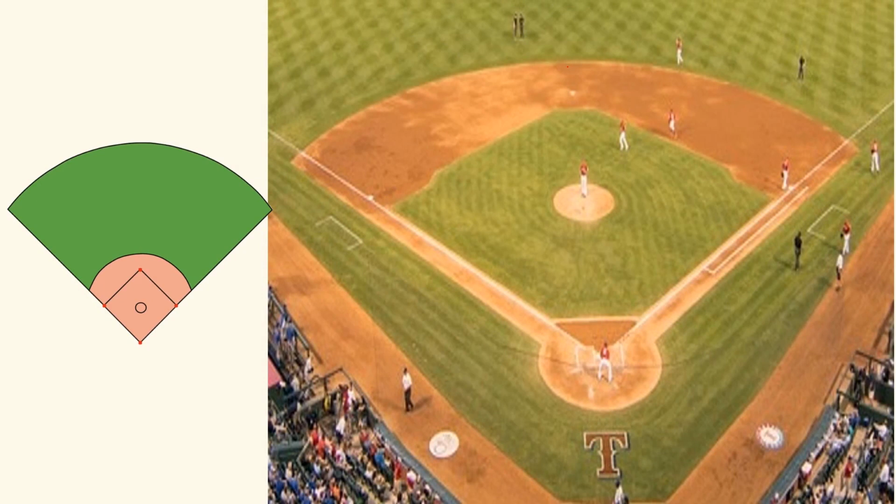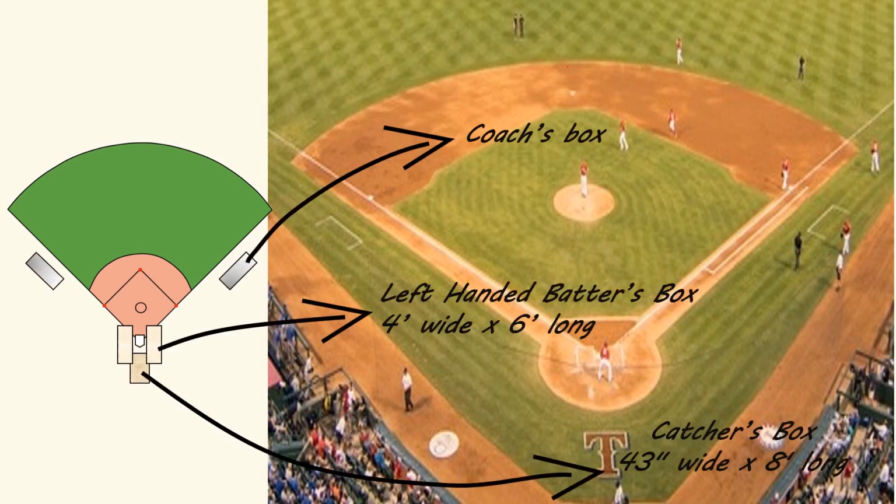There are additional items to note in the baseball ground. There are two coaches boxes where coaches stand. There is a catcher's box within which the catcher has to keep his 2 feet when he is catching the ball. There are two batter boxes. So when a batter is batting, he has to stand in one of these boxes so that his hand and the bat is over this home plate and so that he swings the bat over this home plate.